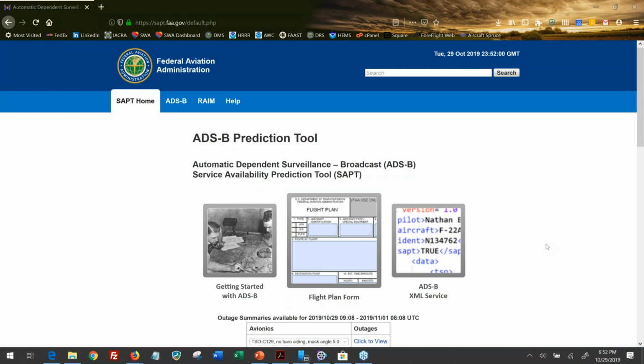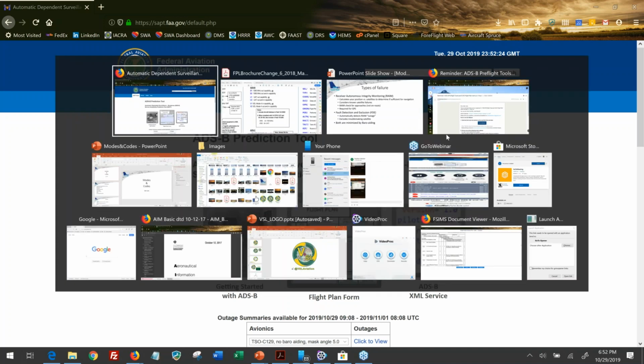One's the SAPT user guide version 4.1, and the other is the FPL brochure change 6, 2018 May 02. That's the name of it. That's what we're going to start using right now, in fact. But you should have both of those handouts. So if you don't have access to those handouts, go ahead and shoot me a message, and we'll try to figure out what's going on. But for now, we're going to go ahead and proceed